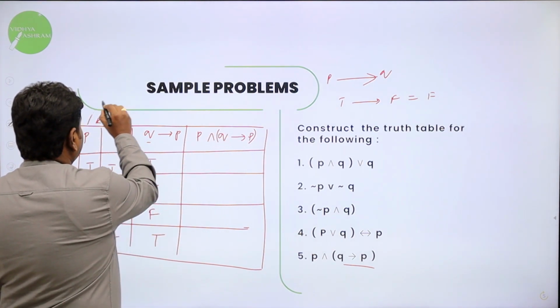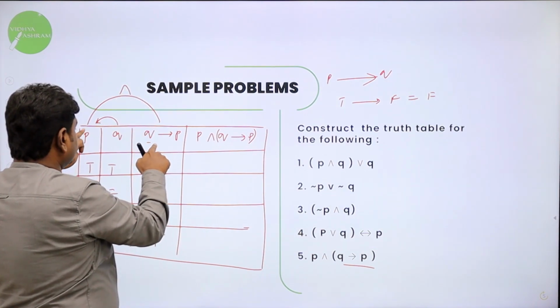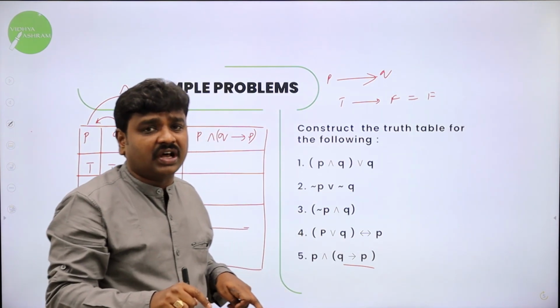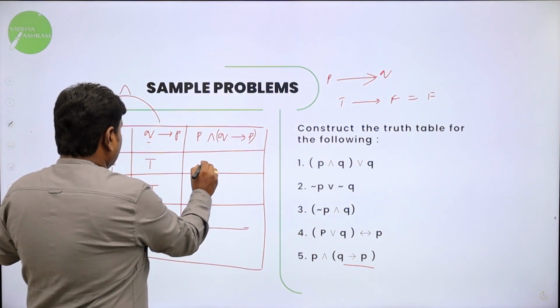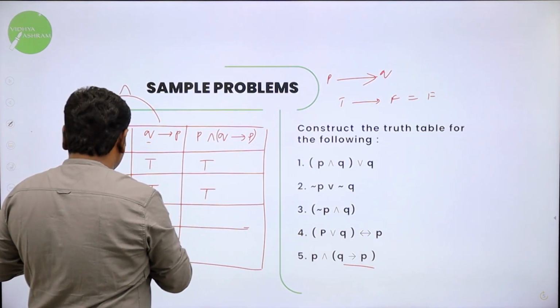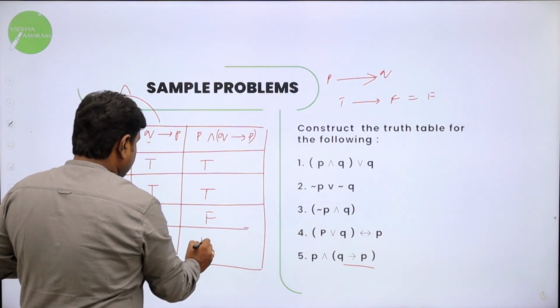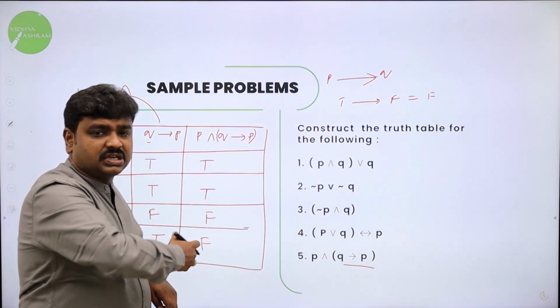So I should operate for these two AND operation. See the first column and third column. And what is the logic of AND? If any one statement is false, result is false. So now true true result is true, true true result is true, false result is false. Here one statement is false, so result is false. So this is the truth table.